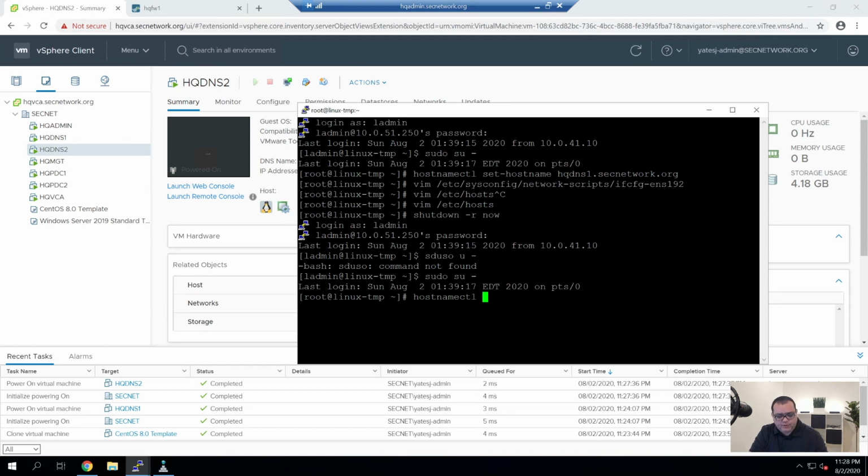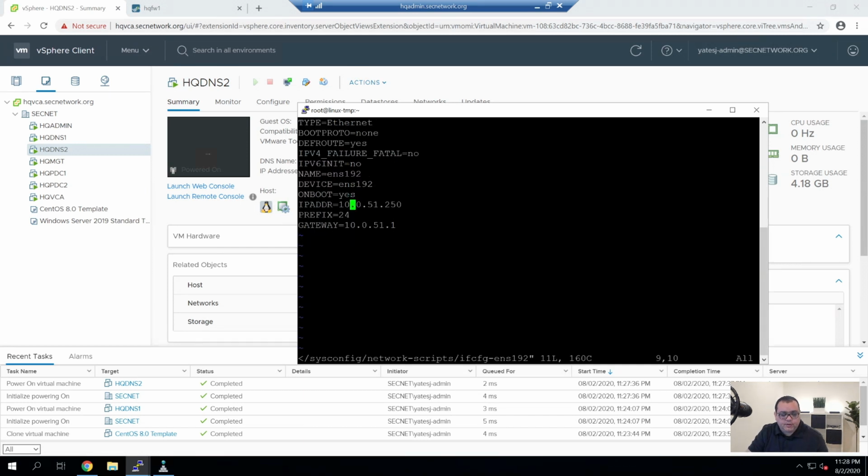So hostnamectl set-hostname HQDNS2.secnetwork.org, and then it was vim /etc/sysconfig/network-scripts/ifcfg-ens192, and this would be .12.